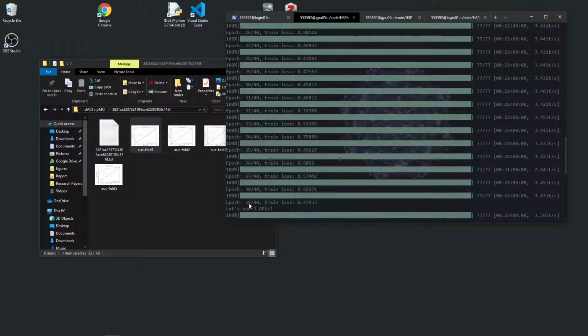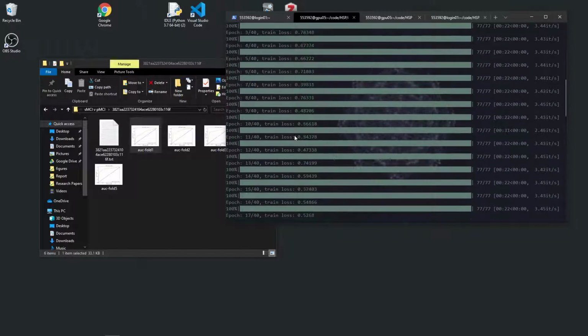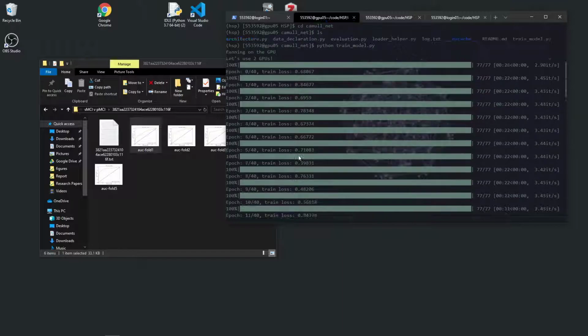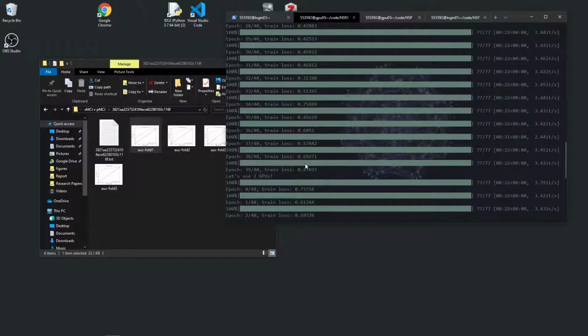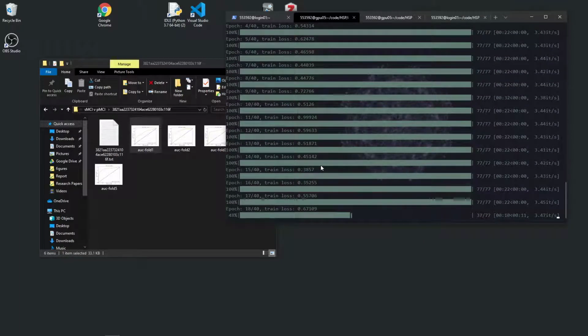There's a little bug; it should say epoch 40 out of 40. As you can see, the training loss goes down gradually, and after all the k-fold validations are done,